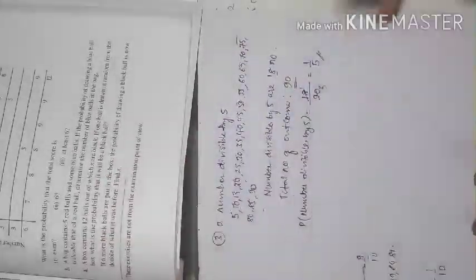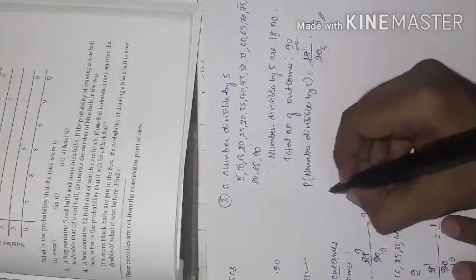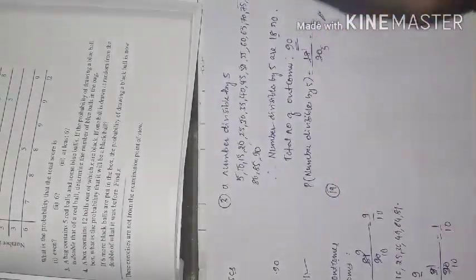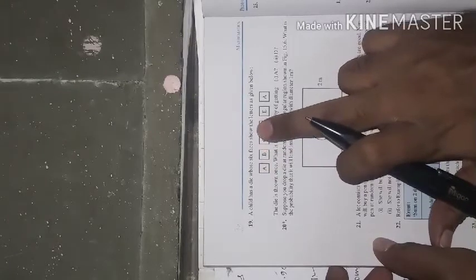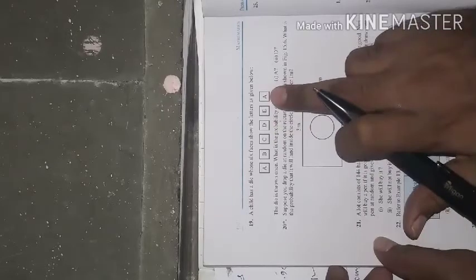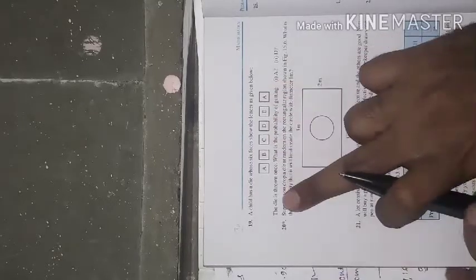Let us go for the next one. Simple examples, just concentrate, read the question properly and you should solve it. Now the next question says: a child has a die whose 6 faces show the letters A, B, C, D, E, and once again A. See, there are 2 A's, and other than A all are only one time. Now the die is thrown once. What is the probability of getting A, they are asking. Very simple example. Let us write the given part.